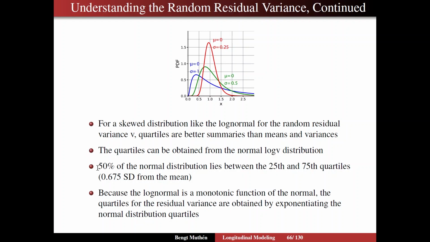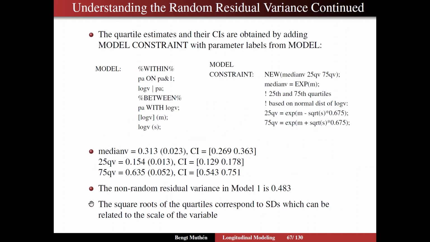We can, for instance, consider quartiles 25 and 75, because half of the distribution lies between those quartiles, obviously, and that is 0.675 standard deviation from the mean. Because the log normal is a monotonic function of the normal, the quartiles are obtained by exponentiating the normal distribution quartiles. And don't worry, I'm coming down to Earth after this excursion into the stratosphere of statistics, and on